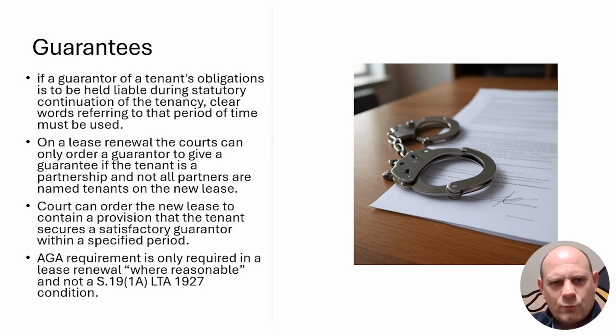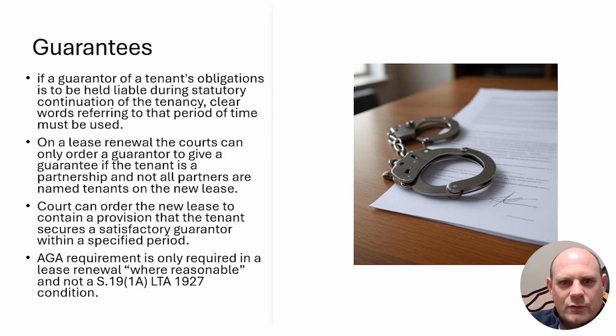Under section 41A subsection 6 of the Landlord and Tenant Act 1954, where the court is ordering a new lease where A, the tenants were in partnership, and B, only one of two or more joint tenants are taking the new lease, then the court has the power to order that a renewal lease includes a provision for guarantors. Otherwise than in that scenario, the court is not entitled to refuse the grant of a new lease where the tenant is not willing to provide a guarantor.